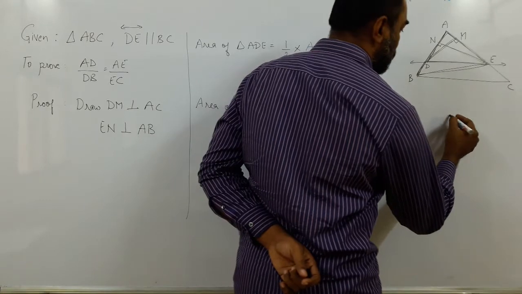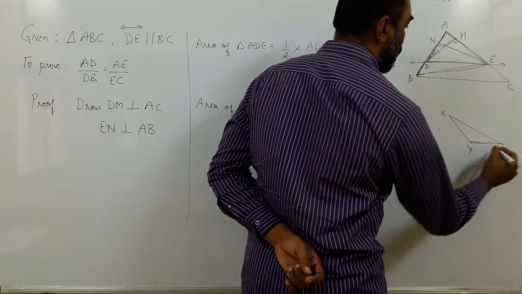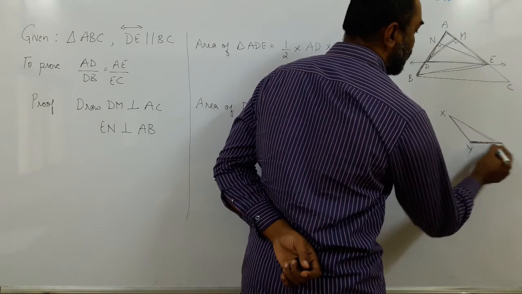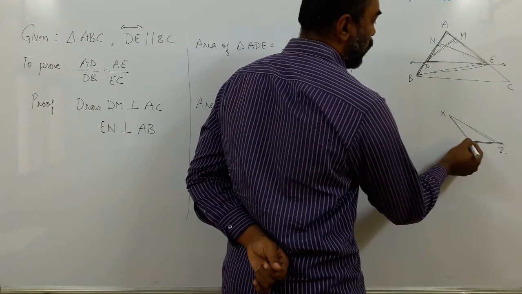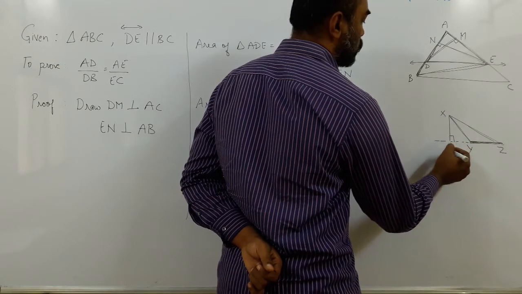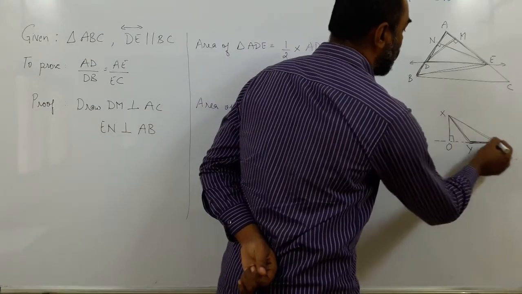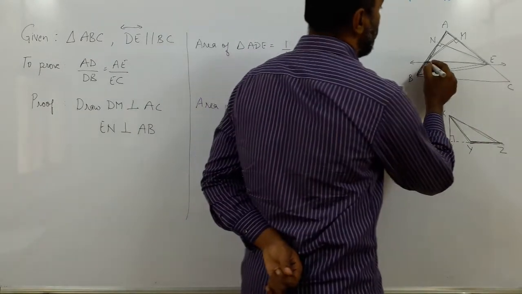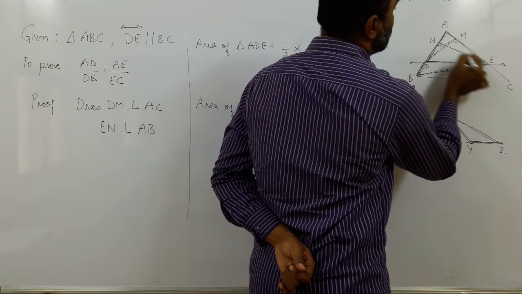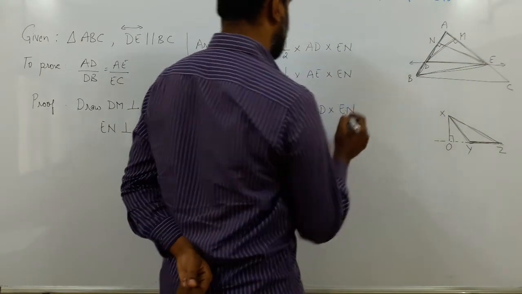Let me explain. Sometimes you have a triangle like this, an obtuse angle triangle, which is going to be X, Y, Z. When I take YZ as the base, what is the altitude? The altitude means perpendicular. So here I write XO. Sometimes the perpendicular can be outside the triangle. So here also the same thing has happened. BDE is the triangle, but you see the perpendicular line is outside. So BD is the base, but EN is the perpendicular.